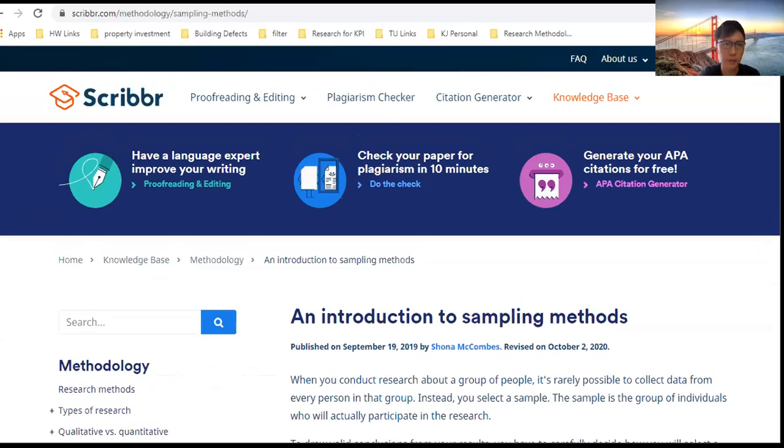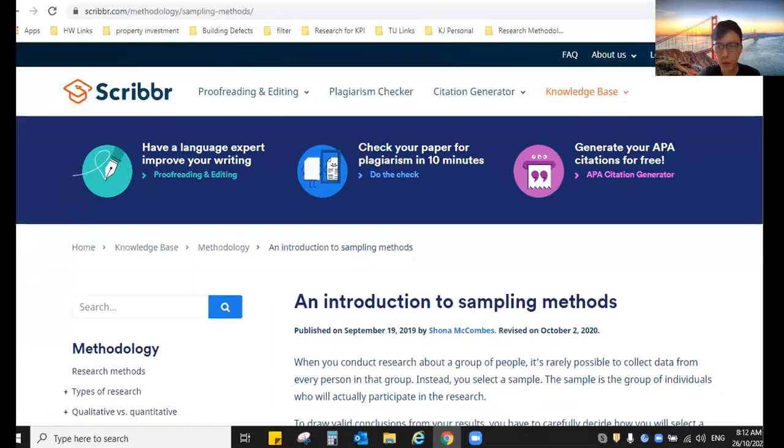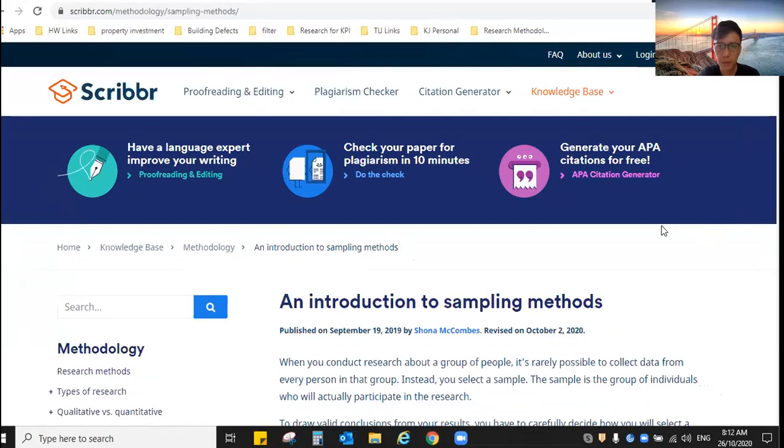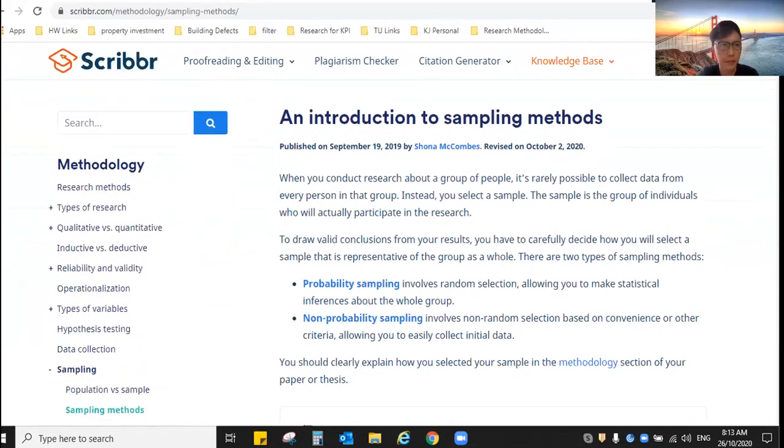I'm referring to this, scriptbr.com, right? This is one of the easiest to understand sources that I found, which I found useful for you guys. So I'm using this. So let's look at what they say about sampling, right? Okay. So the first thing,